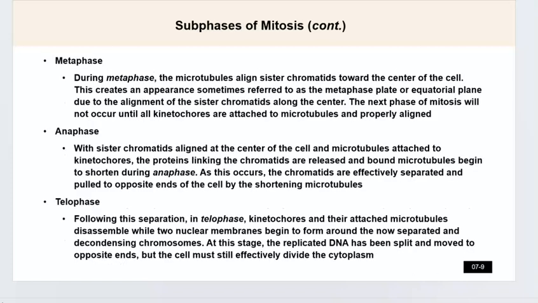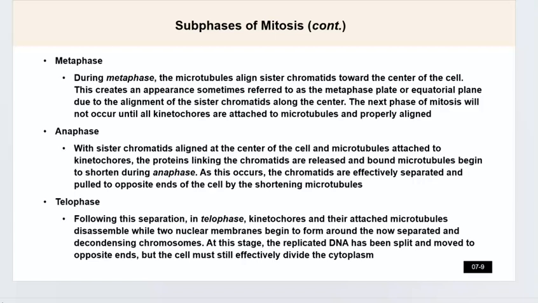Then we go into metaphase, and now we are working with moving the sister chromatids towards the center of the cell, and that can create an appearance referred to as a metaphase plate due to the alignment of the sister chromatids along the center. Okay. What I think of for metaphase is that this is where now everything has to realign properly before we